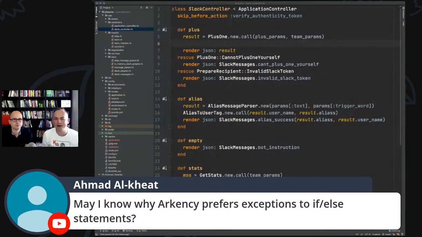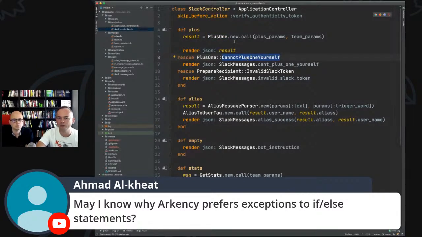Okay, so I don't really have good arguments. For example, let's say I'm calling +1, so I'm expecting that the successful scenario is fine. But let's say that someone tries to +1 themselves, and this is for me an exception. So I want to be very explicit that this scenario failed with such a message: can't +1 yourself.